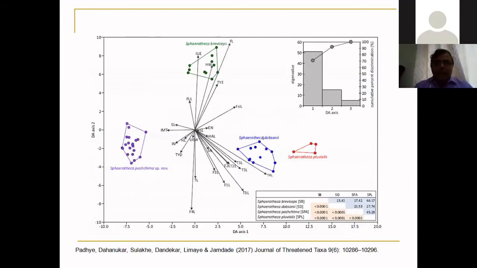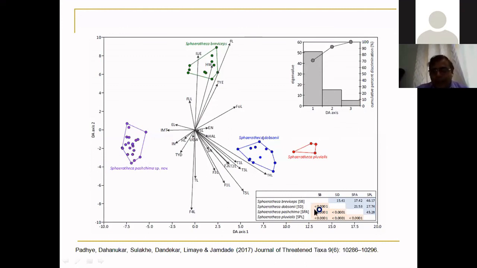So I'll give you one example. We were looking at these 4 species over here of Sperotheca, and we wanted to know whether they are significantly different or not. Obviously, the first thing I did was I checked for the multivariate normality. The data was multivariate normal. Because it was multivariate normal, my life was made easy. I only went for DFA, discriminant function analysis, or DA, and this is the DA plot. You can see that DA extracts only very few components, even though there are so many variables in my data, because those few are enough for explaining all variation in the data.